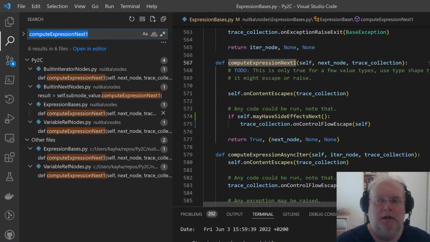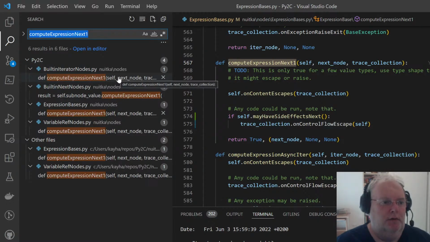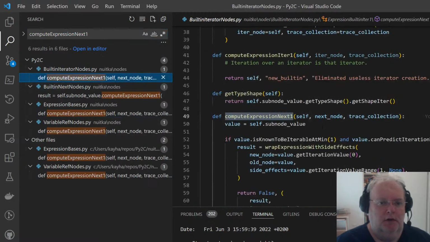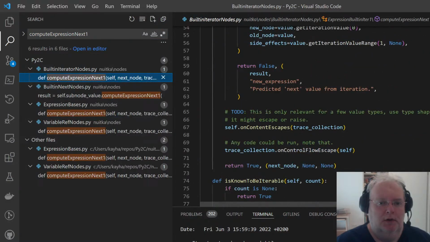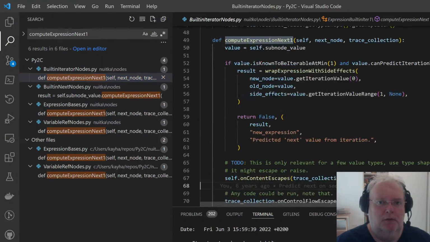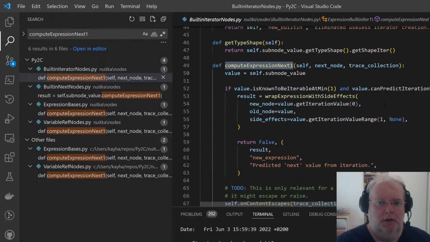That's also immediately an optimization, even if the iterator tracing is not done. I think this one. Wait, what? Where are we in iter 1?